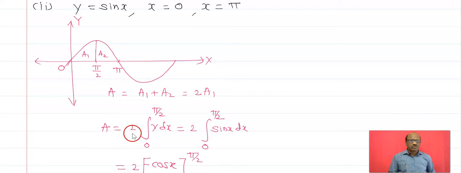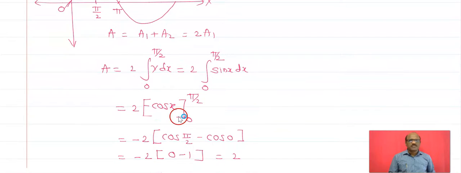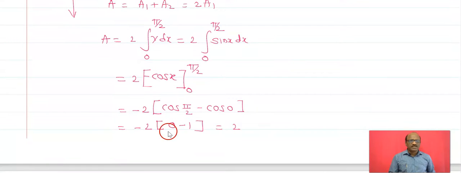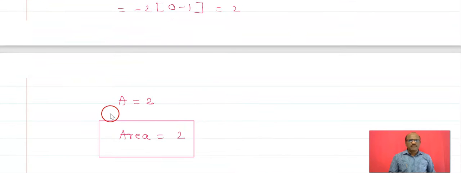Therefore A is equal to 2 times the integral from 0 to pi by 2 of y dx. What is the value of y? y is sine x. The integral of sine x from 0 to pi by 2 is minus cos x. Upper limit minus lower limit, that is, taking the minus sign outside the bracket, minus 2 in bracket cos of pi by 2 minus cos 0. Cos 90 is 0, cos of 0 is 1. That is minus 1, and minus 2 times minus 1 is equal to 2, and therefore